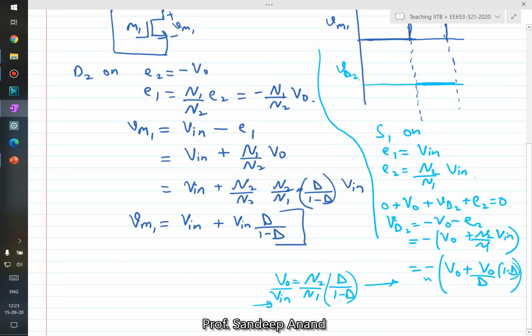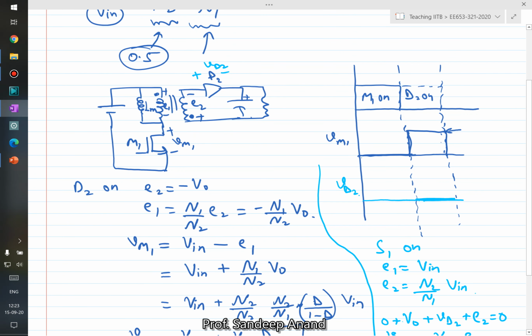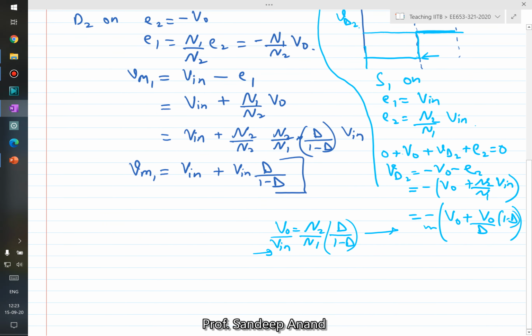Right, this is obviously minus because the diode is supposed to block the reverse voltage, right, and not the forward voltage. So the diode voltage would be this value minus, which we have derived, and 0. So what it means is that if we want to actually make the circuit, we want a MOSFET which should be able to block this voltage, and we want a diode which should be able to block this particular voltage, right? And our Vin and VO are fixed because let's say our requirement is fixed.